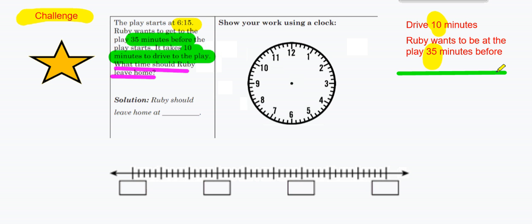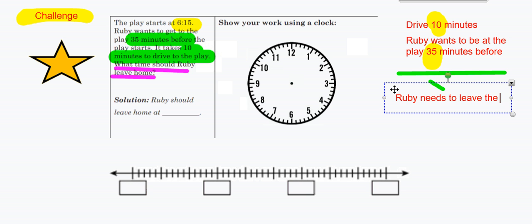She needs to plan to leave the house by what? 35 plus 10 is what? Good job, 45 minutes, right? So she needs to plan. Ruby needs to leave the house 45 minutes before the play